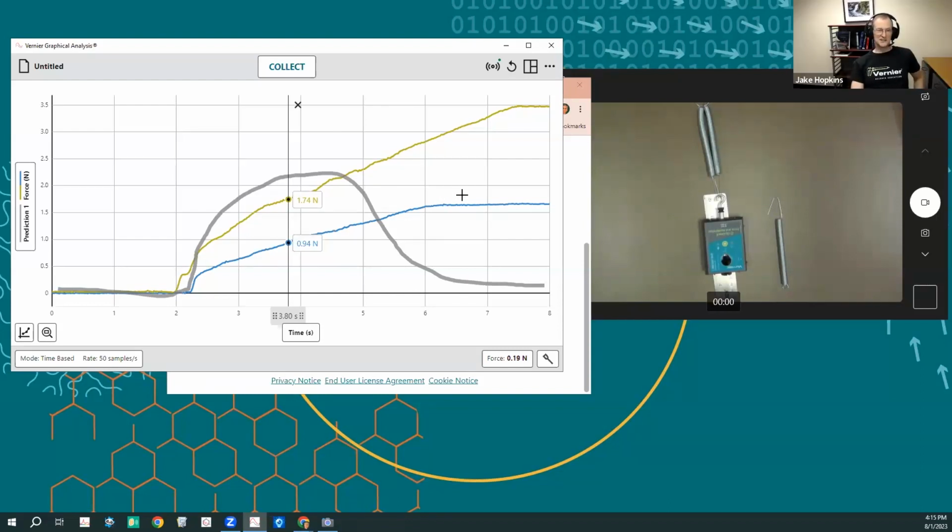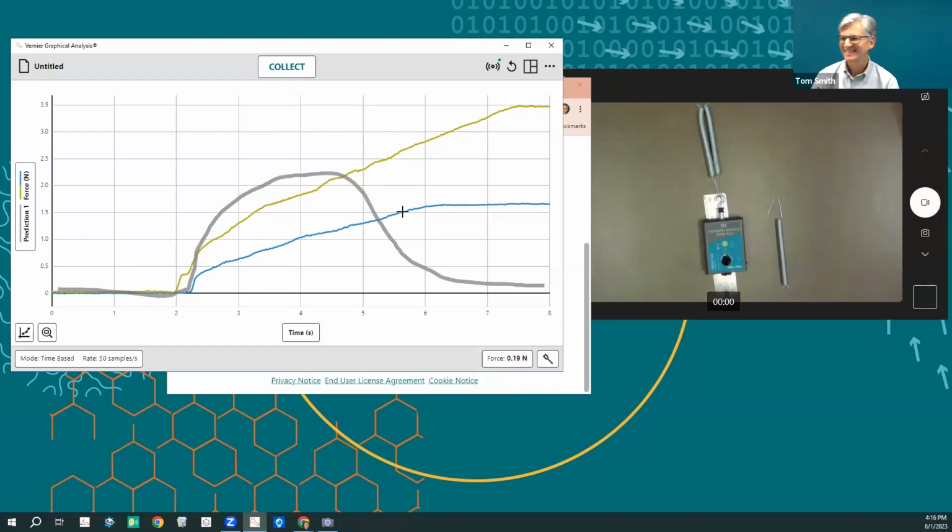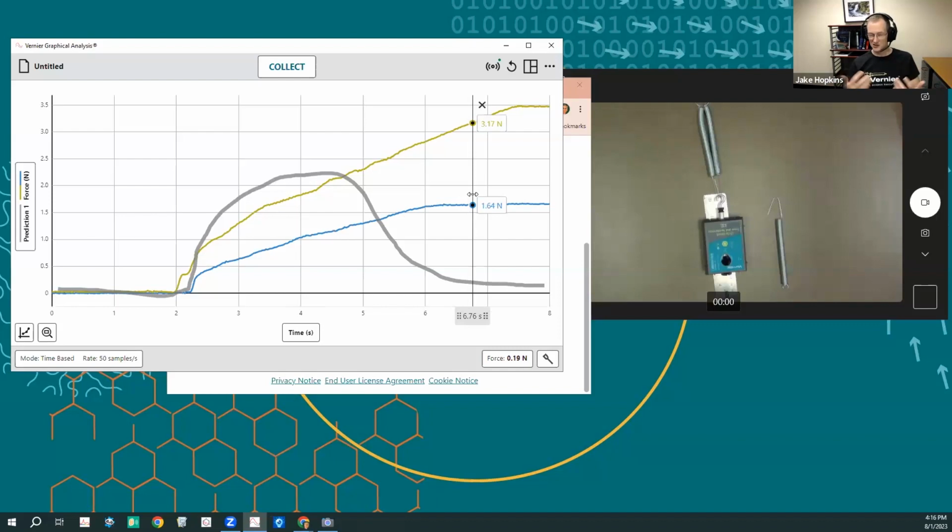Yeah, and I just have to say, Tom, when we first added the prediction tool feature in Logger Pro, that was a great improvement over the way we did this in Workshop Physics, which was to have the students sketch it on paper and then conduct the experiment and compare the two, and you'd look at one and you'd look at the other. But getting to overlay it allows for that questioning a little bit, like, does this match what your prediction was? And of course, we always have to tell the pre-med students that it wasn't necessary for them to erase their prediction and then write in the correct one afterwards, because they felt like they always had to have the correct answer. So this idea, though, that you have some free form, you can sketch, you can test out those ideas,